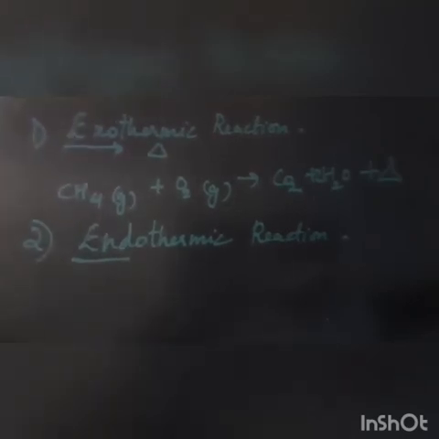We have learned about decomposition reactions. Do you remember? We learned 3 types of decomposition reaction: thermal, electrolytic, photolytic. In these 3 reactions, energy is required, right? Thermal means heat is required, electrolytic means current is required, and photolytic means sunlight is required. So these 3 decomposition reactions are examples of endothermic reactions. What is an endothermic reaction? A reaction which requires energy in the form of heat, light or electricity.